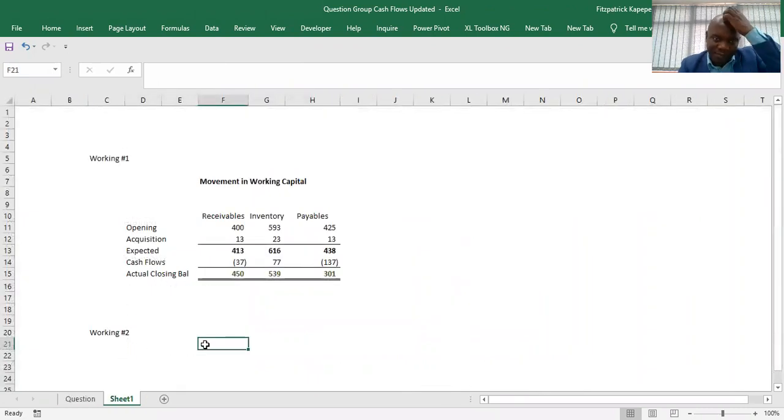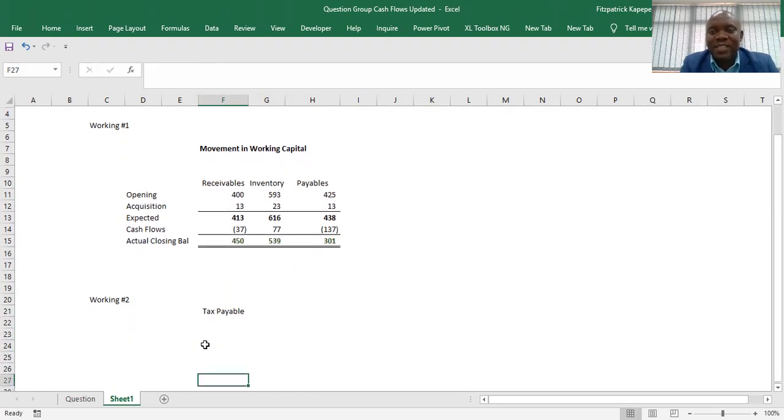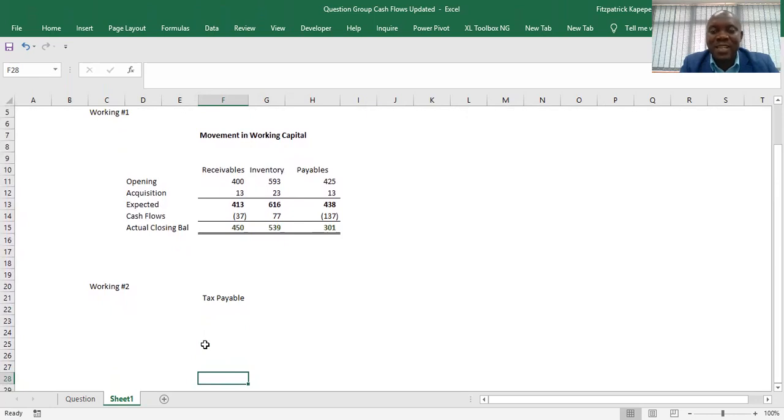So, tax payable. If we are using double entry, we expect the balance brought down. If it's an obligation, it shall be on the credit side. But then we're using the vertical analysis, which is much, much easier. And I always ask my students just to use the vertical analysis rather than going for the double entry, the tabular one. The tabular one, I think, is much easier to understand.